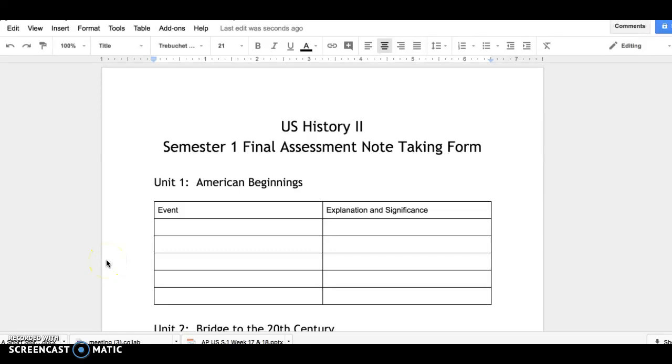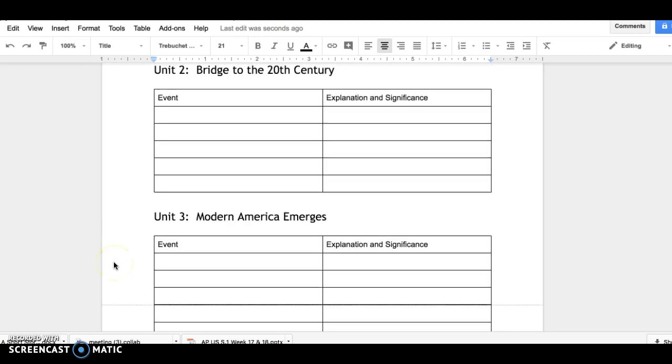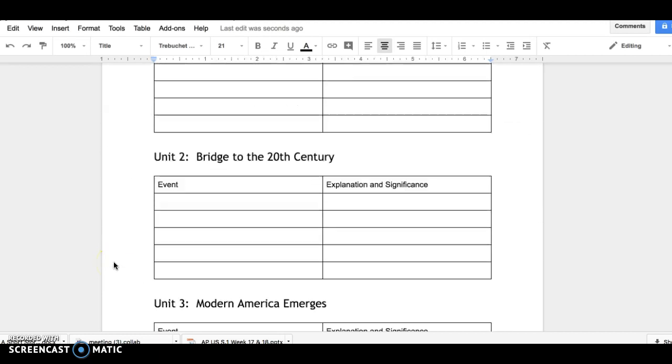Hi guys, I know some of you are in a bit of a panic as to what I mean in step 1 and in step 2 by what's required for your US final. So step 1, what you're doing is you're looking at the 4 units we studied and you're picking 5 events